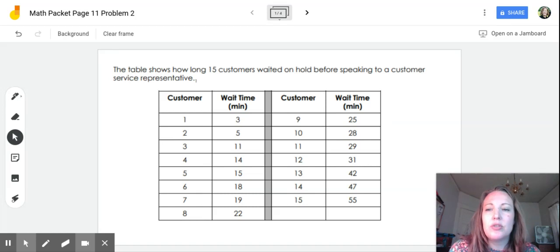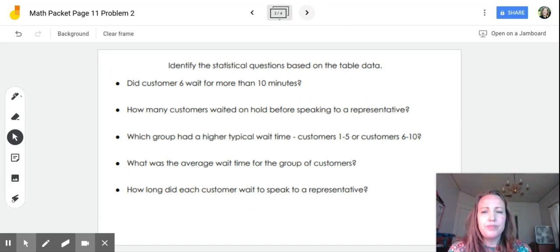It says the table shows how long 15 customers waited on hold before speaking to a customer service representative. And there's all this data, right? So don't get lost in the data, because that's not where we are for this question. Here are the questions that are being asked, and it says identify the statistical questions based on the table data. So we're going to identify them as statistical or non-statistical, and I'm going to write an S or an N